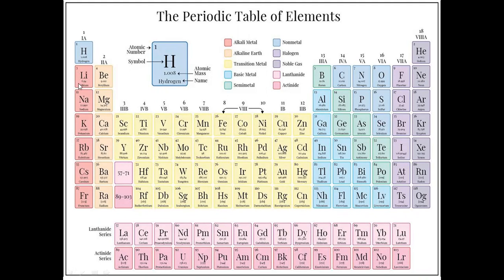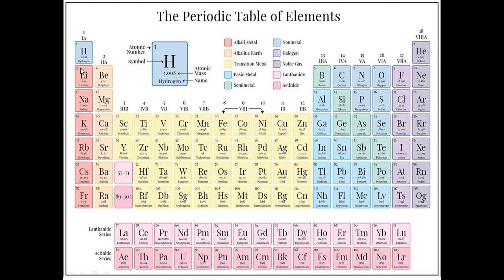See, lithium has 1 electron in the outermost orbit. It is ready to give that electron so that it has a stable electronic configuration. Beryllium is ready to give out 2 electrons, because in the second shell we can have at the maximum 8. They have only 1 or 2 here. To make 8, lithium needs 7 more electrons. It is difficult to get 7 more electrons.